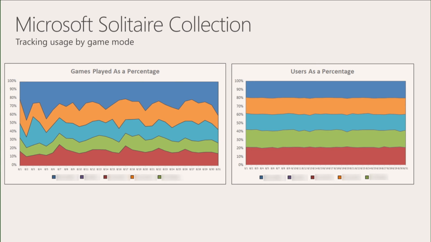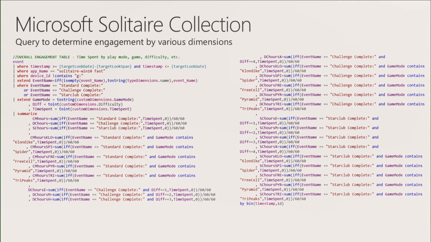So this now tells me that, okay, maybe if I'm the product manager for the game type represented by green, I need to look at what the blue guys are doing better and why my game type isn't doing as well. Okay, here's a query that the team uses around that